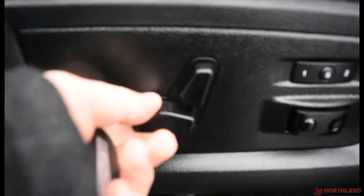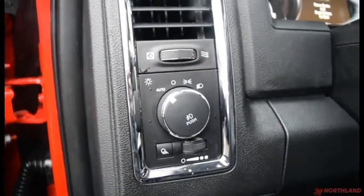Looks great in here. The leather seats are very comfortable. It has the Laramie badging on it. You do have the controls over the seats here, so backward and forward as well as the tilt, lumbar support, and seat memory. And then up here we do have the controls over our lights, so our auto, our off,